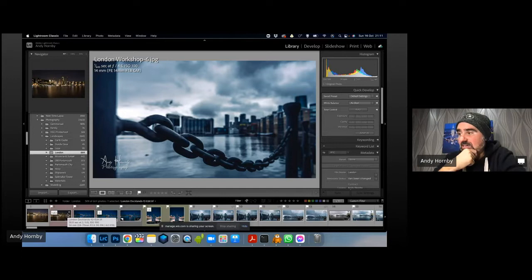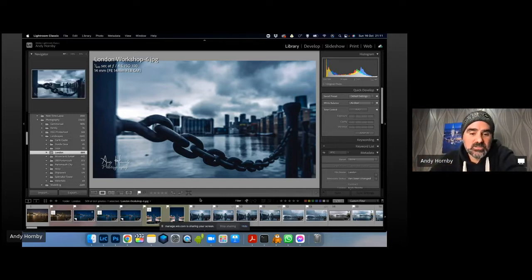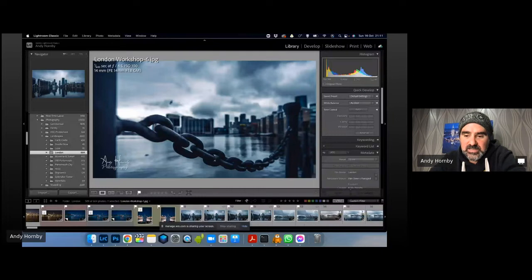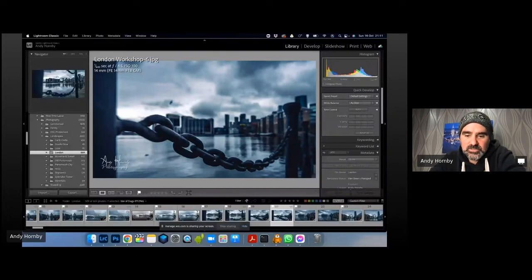Generally, after that, I'm still culling anyway. As I work on images, I'll look at an image as I'm working on it. I think, no, it doesn't do me any favors anymore, and then press the U key to just completely get rid of it. But the good thing about this as well, and it's something I just want to add in there that I realized recently, is I can look at